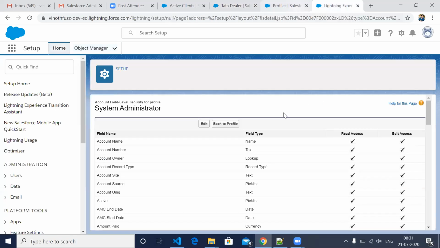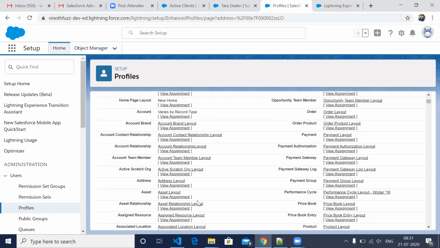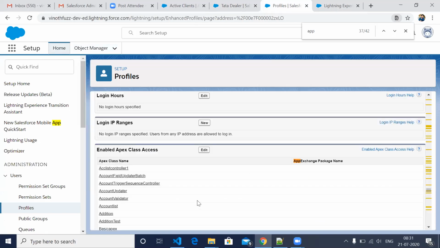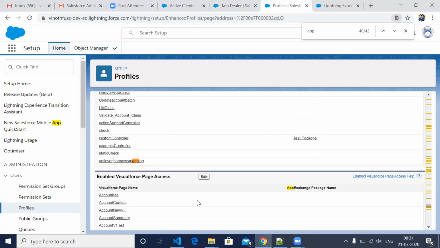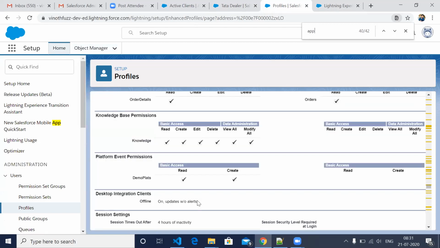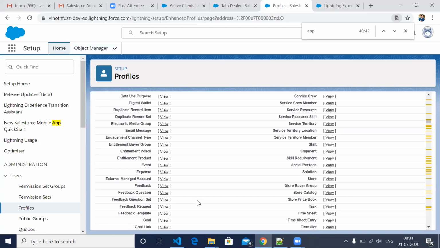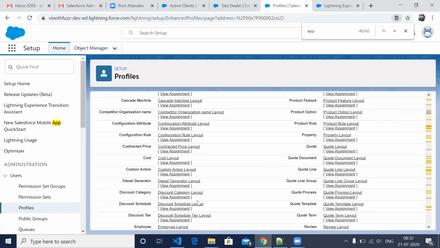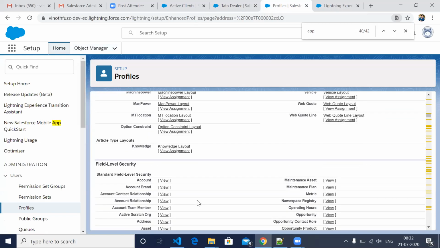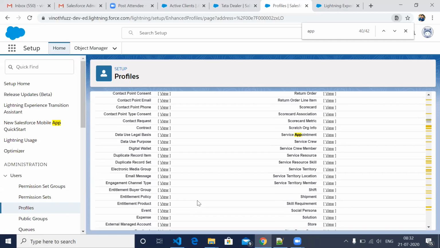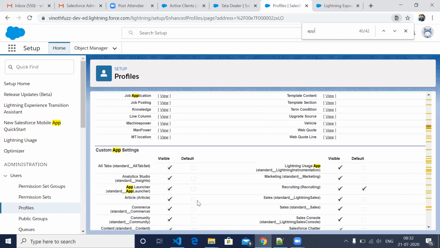Let's say I'm able to see the Ford application. So mostly administrators and those people work on all these things, like creating new profiles and giving access to multiple profiles and everything.